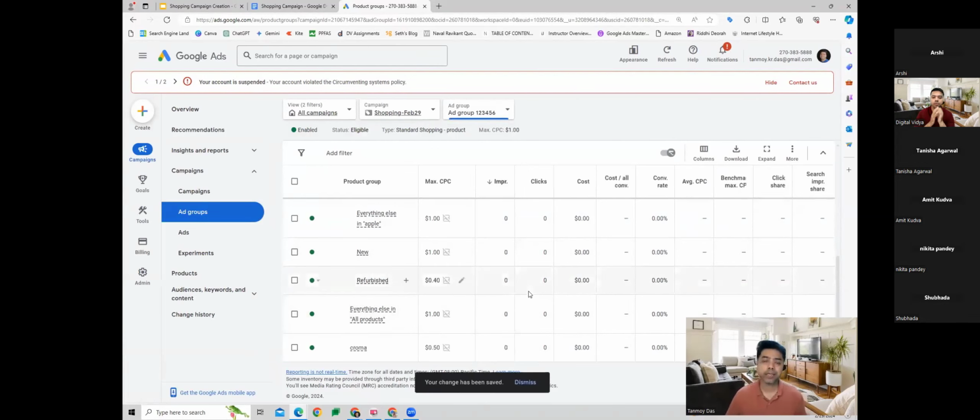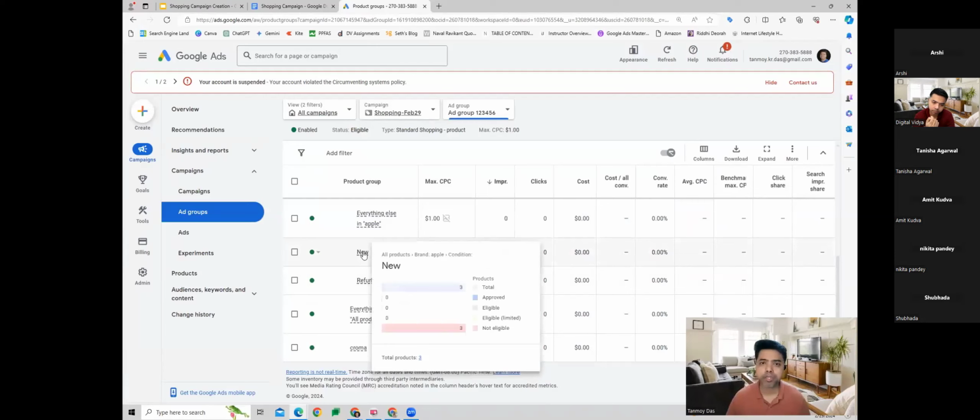So this way I can customize my bid. Now another level of bidding which we can do. Now there are 3 products. These 3 products were not launched on the same day. They were launched in 3 different months. So let's say the first product was launched in January, the second in June, and the third one was launched in December. So I want to see that split as well.